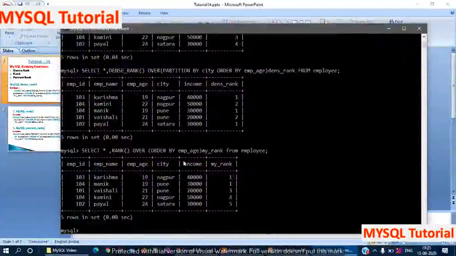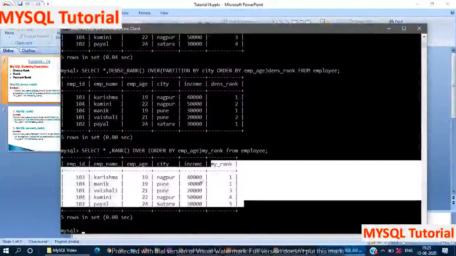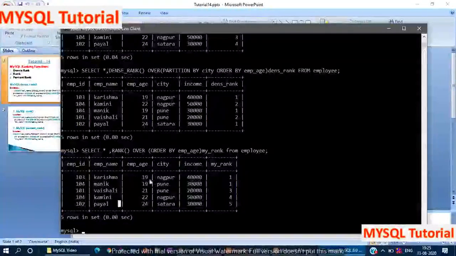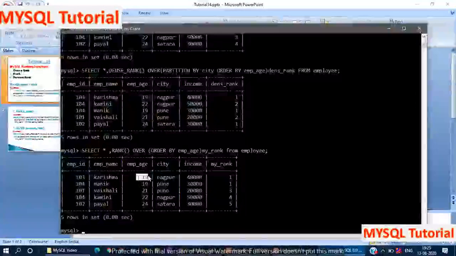Here you can see the rank function returns output as the my_rank column. All employee ages are sorted in ascending order, and by using employee age it returns the my_rank. Here you can see the first employee age is 19, it returns rank 1.